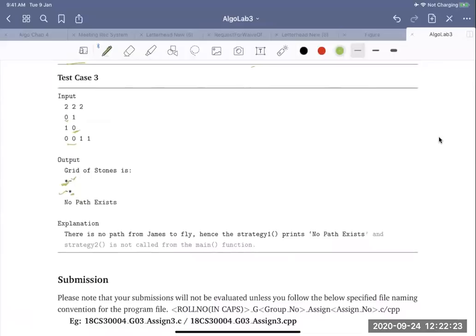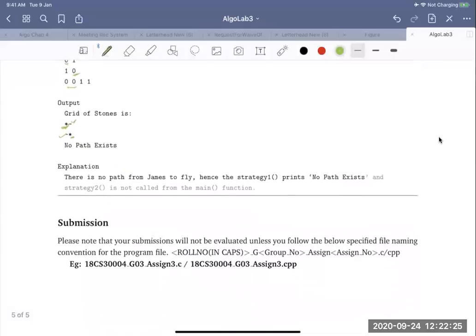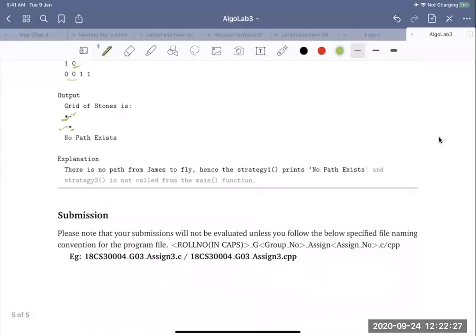So this is your assignment, and naming conventions remain the same. You have to submit a single C++ file. Make sure you write it in this format: your roll number, underscore, the group, underscore, assignment 3, C++, and everything else remains the same. You are not allowed to use the STLs or anything that is not specific to C. You can use your own defined classes, and make sure you do not plagiarize from other friends or from the internet, because in that case you will be given a 0.